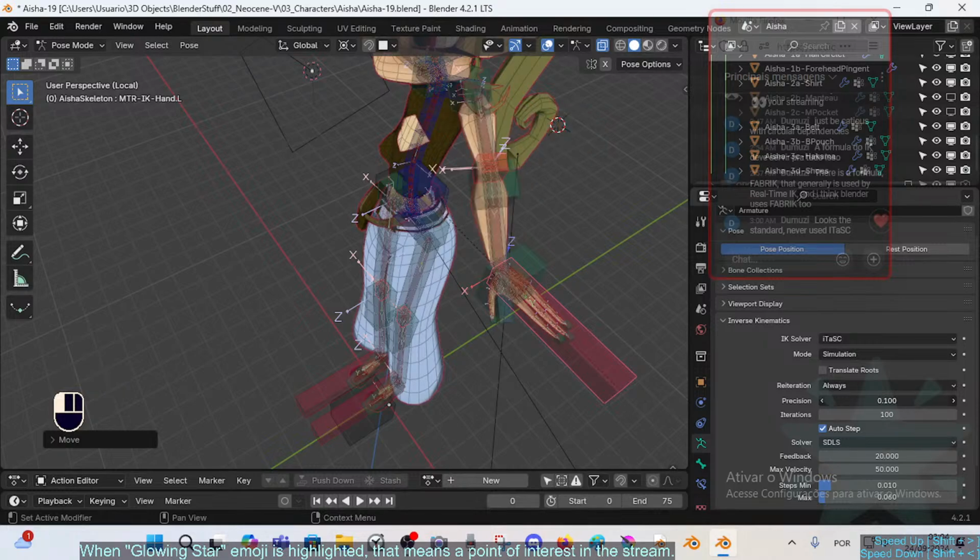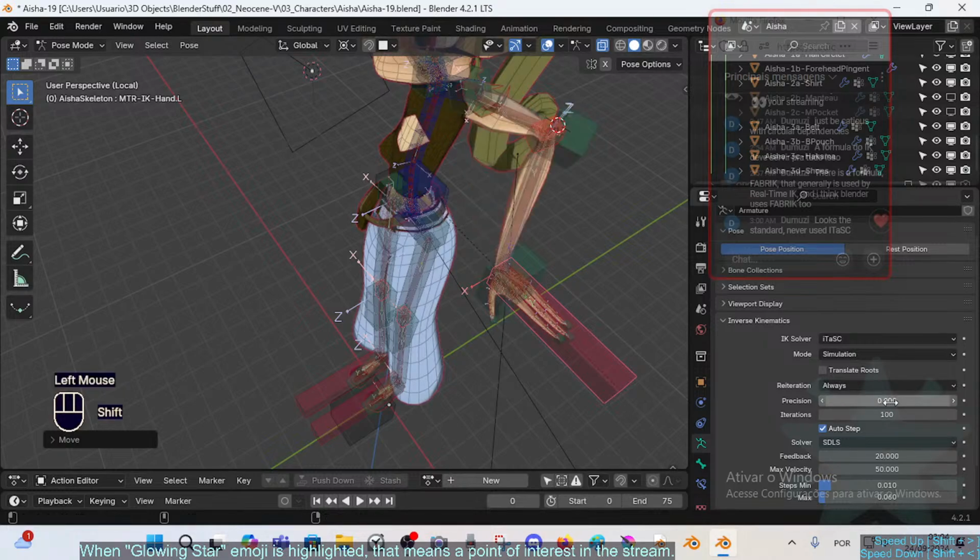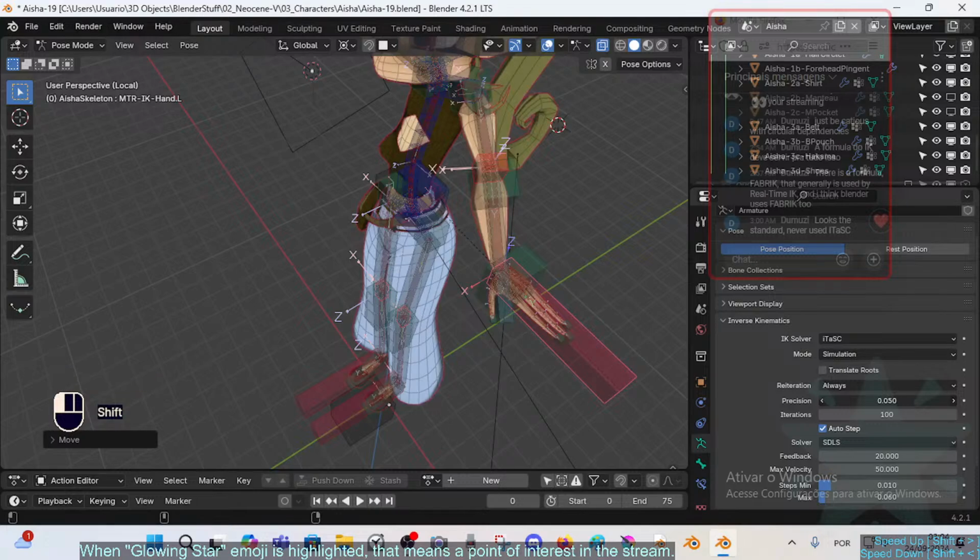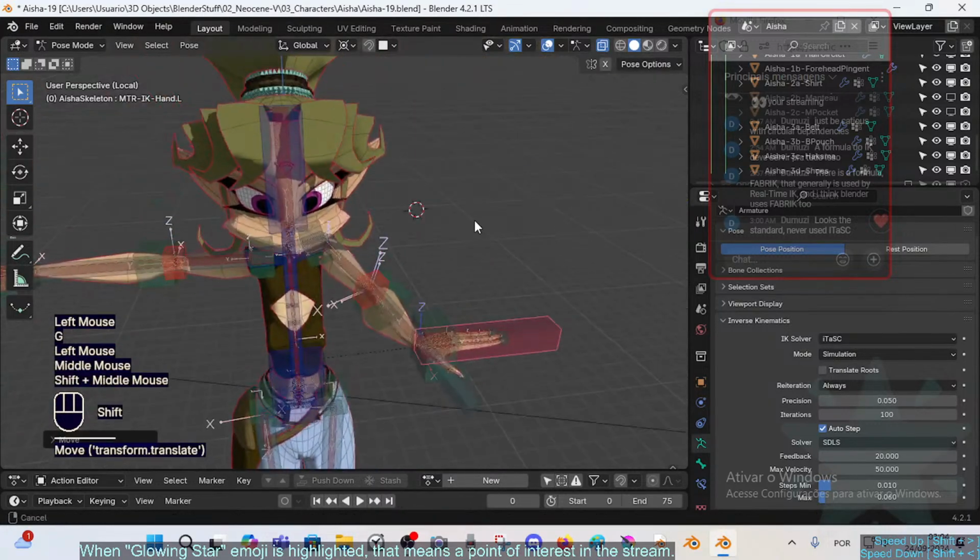This precision seems to be very, cause some